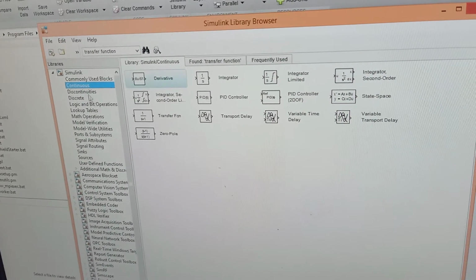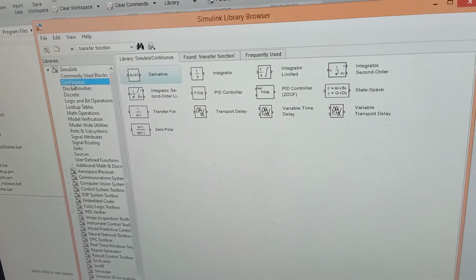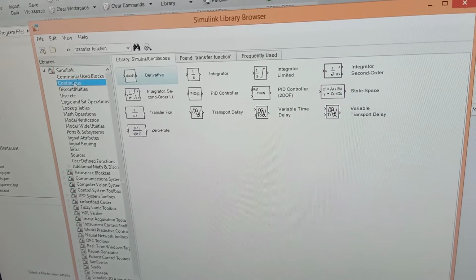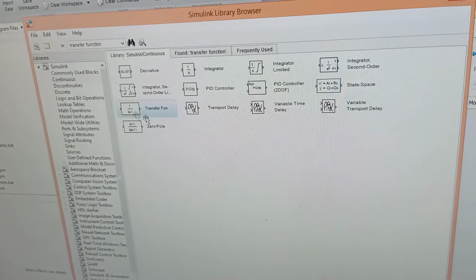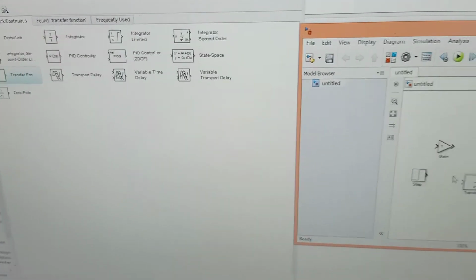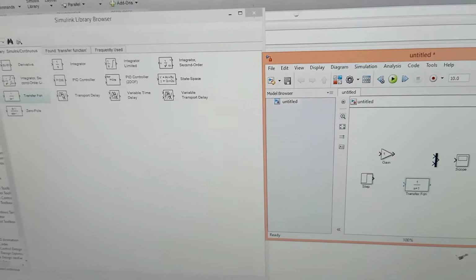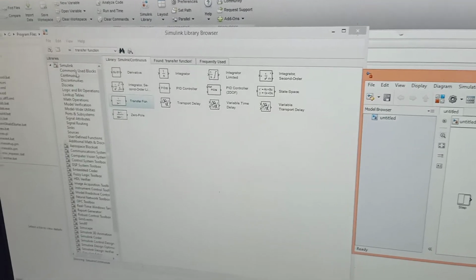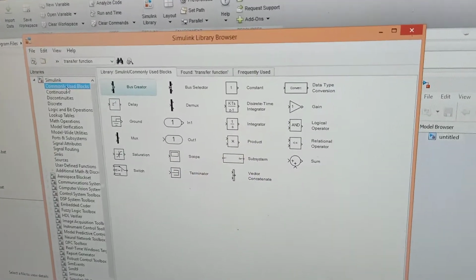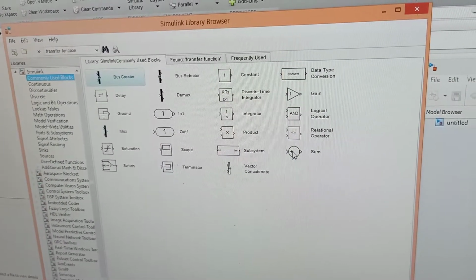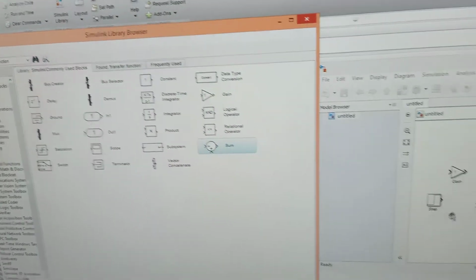Here you can see in the continuous folder you can select the transfer function. And we need a comparator. In the commonly used blocks we have the comparator, so you can select this comparator.